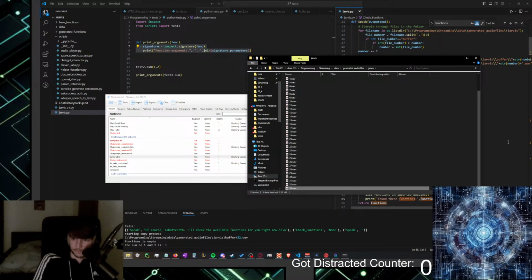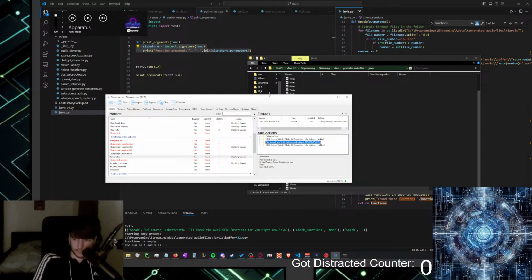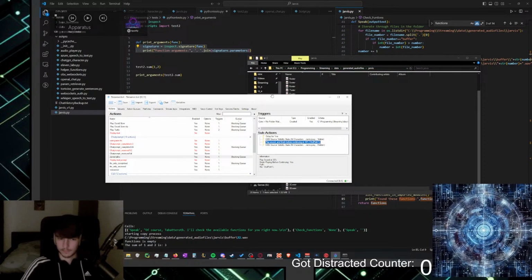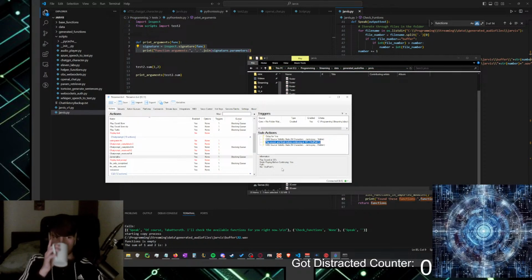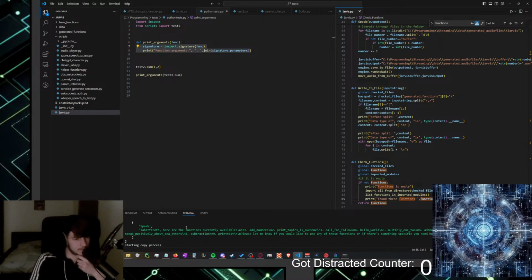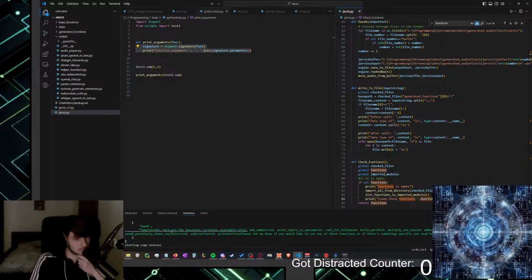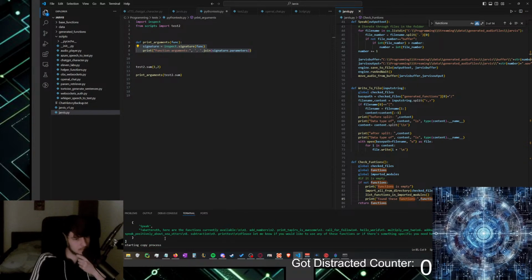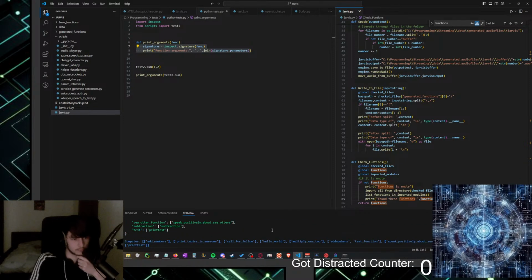Here are the functions currently available. 1 add_numbers. Yes. 2 print_tapers_is_awesome. 3 call_for_follow. 4 hello_world. 5 multiply_1_2. 6 add numbers and test_function. 7 the latest speak_about_c_otters. 8 subtraction. 9 printist. Please let me know if you would like to use any of these functions or if there's something specific you need help with.